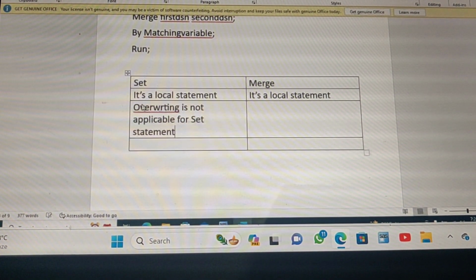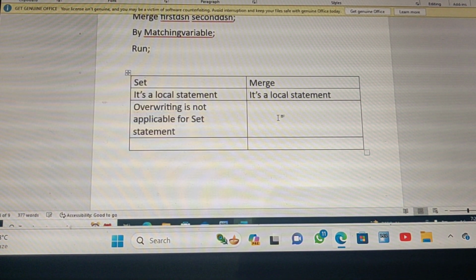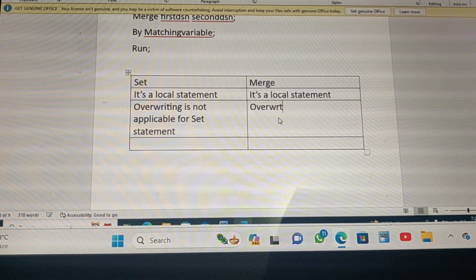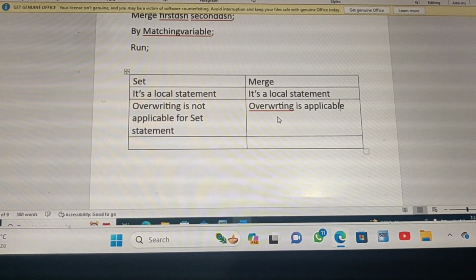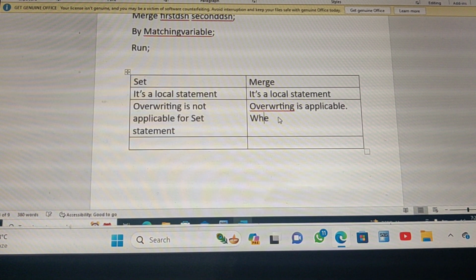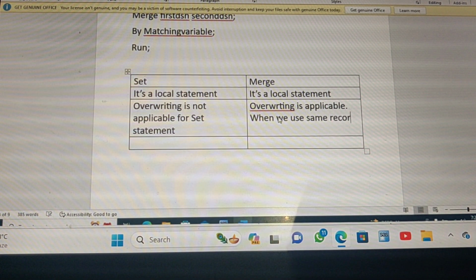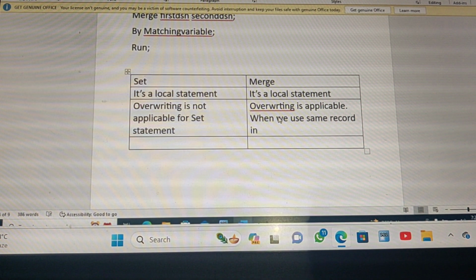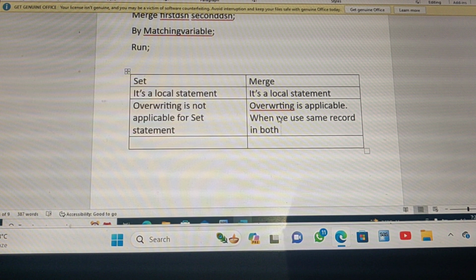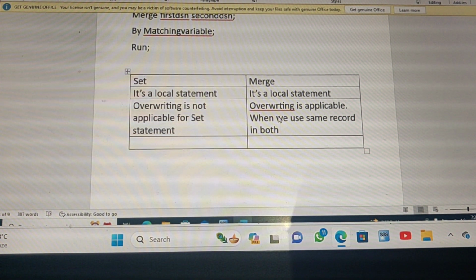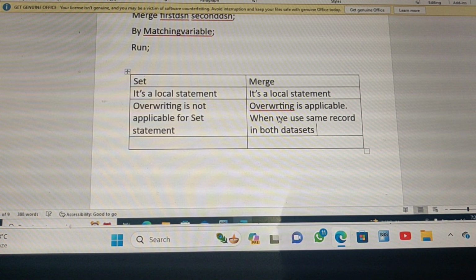This is different here because this is an interview question also. Here overwriting is applicable only when we use the same record in both the data sets. Same record means which record? Only which column? The BY variable. When we use the same record in both the data sets, by default,